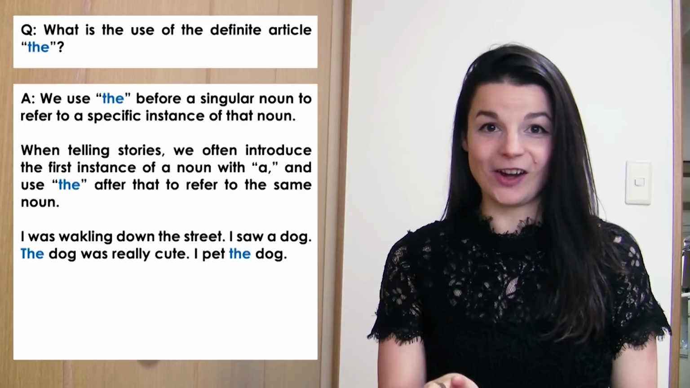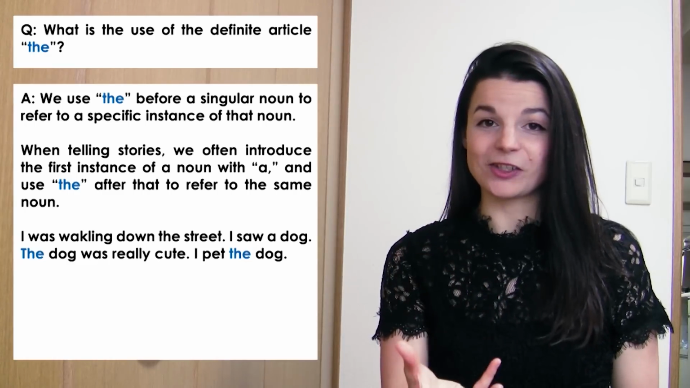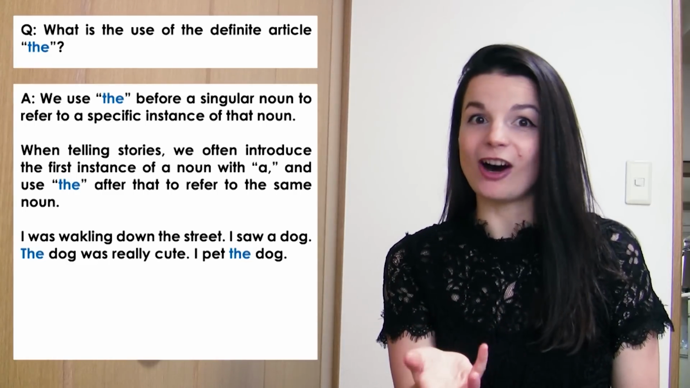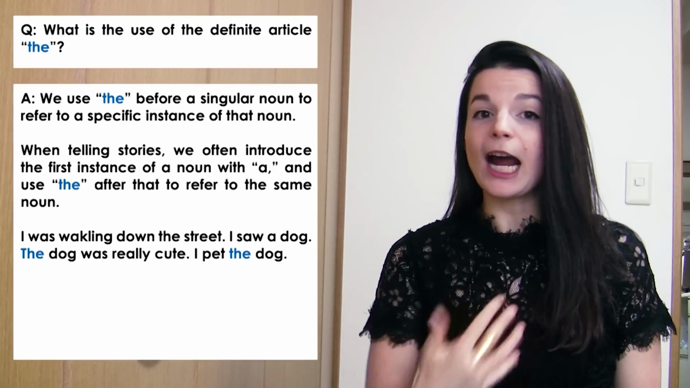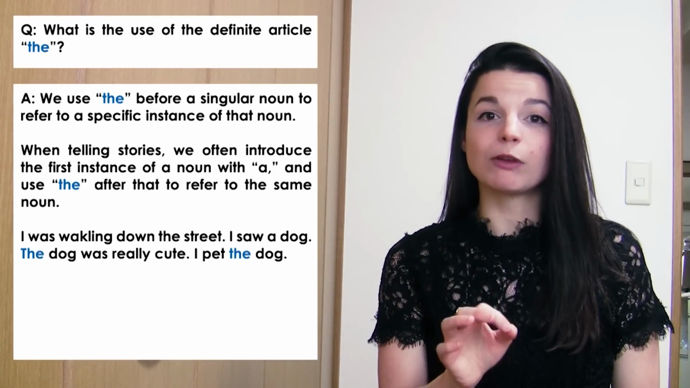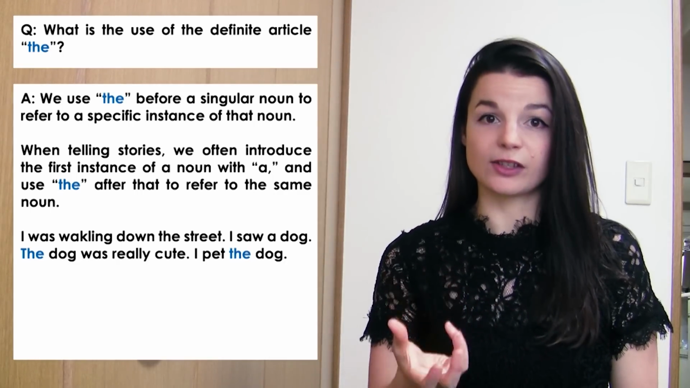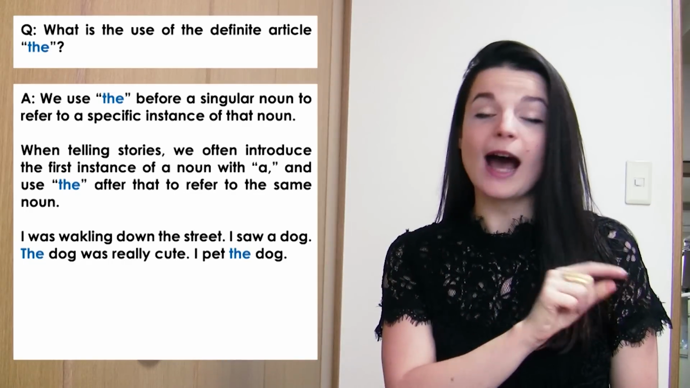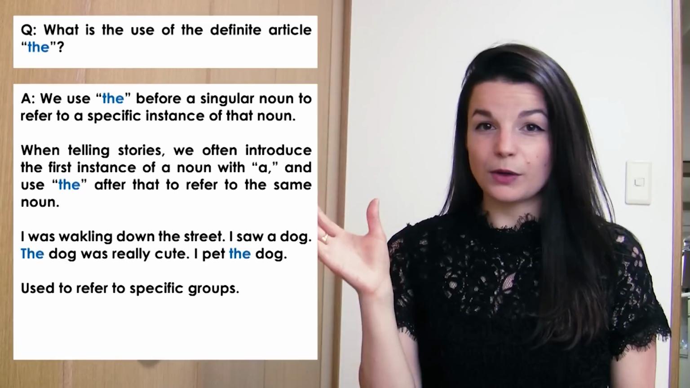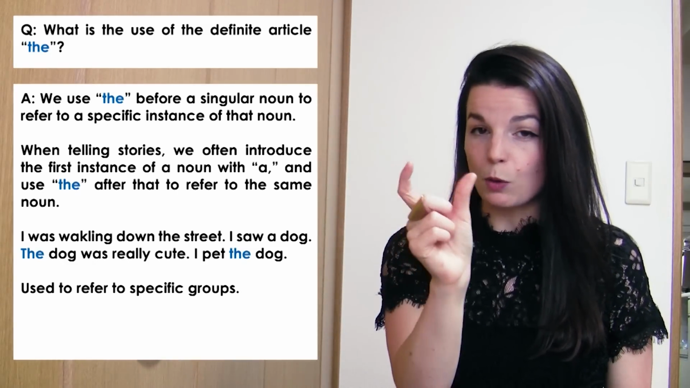I pet the dog. So in that situation, when I introduce a dog in the story, the first time I talk about the dog in the story, I use a to introduce it. Then after that, I use the to refer to that specific dog that I introduced earlier in the story. Every other time that I want to talk about that same dog, I use the before it. So use the word the when you need to refer to a specific noun or when you have to refer